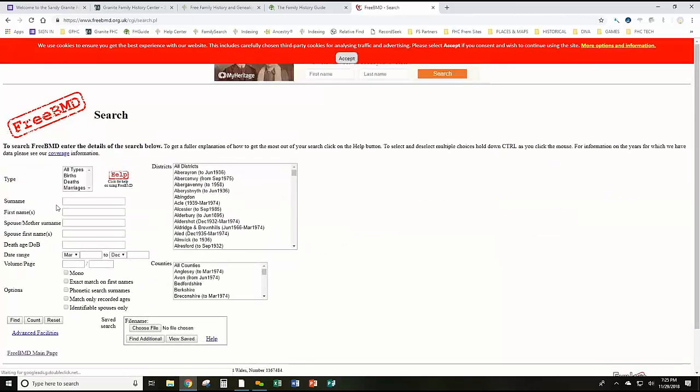It's got a number of choices here. You can search, very popular, so I'm going to click that. And notice the level of control you have here. You can specify names, surnames, deaths, different options for matching and so forth. Over on the right-hand side, you can select all districts by default, or you can select just a particular district